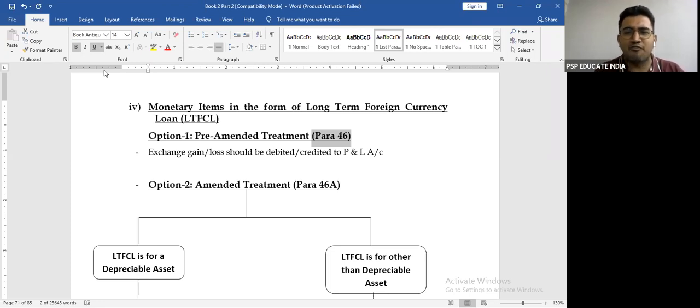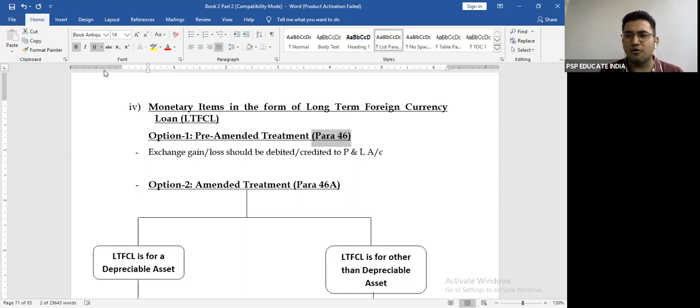मतलब आपने फॉरेन से लोन ली, 1 लाख रुपए की लोन ली, तब रेट था 60 रुपीज, अब रेट बढ़ गया 65 रुपीज. तो 5 रुपए पर डॉलर का जो आपको लॉस हुआ, ओवरऑल ट्रांजैक्शन पे 5 लाख लॉस हुआ, वो पहले कहाँ चले जाता था? प्रॉफिट एंड लॉस अकाउंट डेबिट साइड पे चले जाता था। ऑन दी अदर हैंड, मान लीजिए रेट 60 था, तब आपने लोन लिया, रीपे करते वक्त रेट हो गया 55 रुपीज, आपको 5 रुपए का फायदा हुआ। ये 5 रुपए will then be credited to the profit and loss account. That was the earlier treatment that was there in para 46.